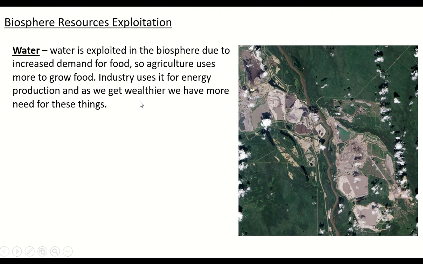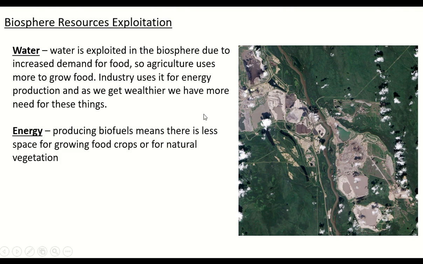And the wealthier we get, the more stuff we have that needs energy, the more food we want to buy, and therefore the more water we take out of the hydrosphere, which then links to all the living things that rely on that water. So, for example, plants and animals, they need water just like we do, but we tend to be the greediest one of all. Energy. So energy is another consequence really, of us exploiting